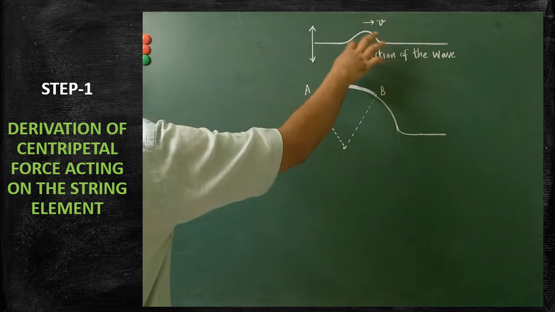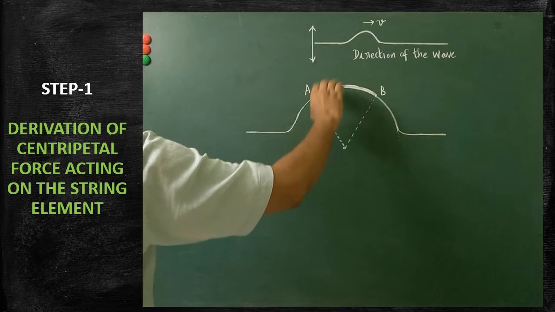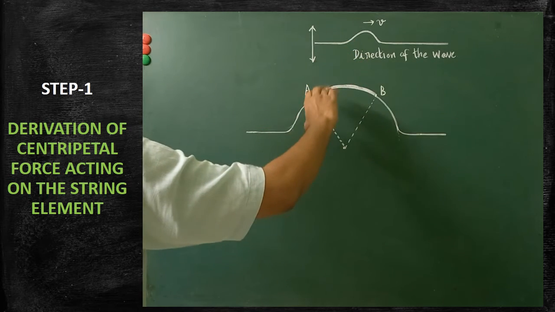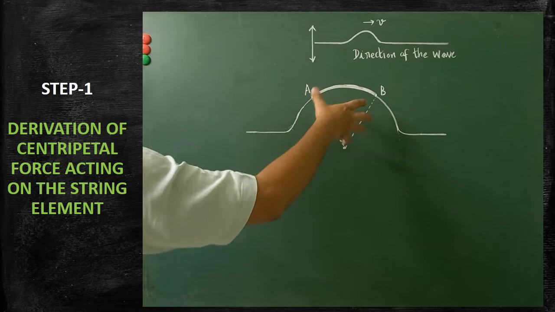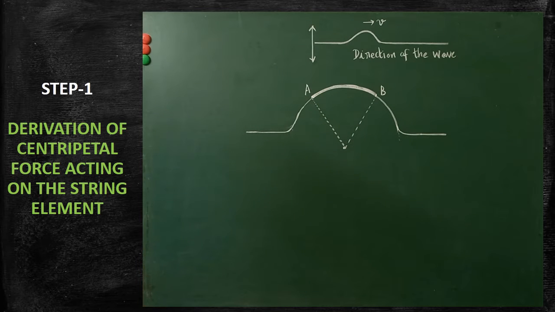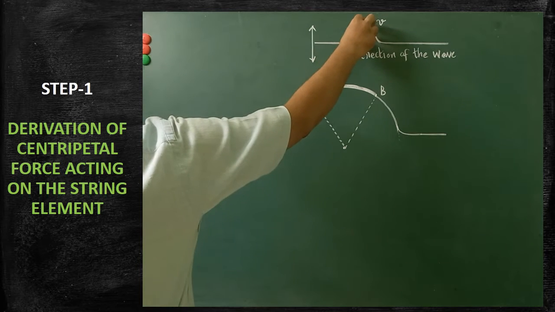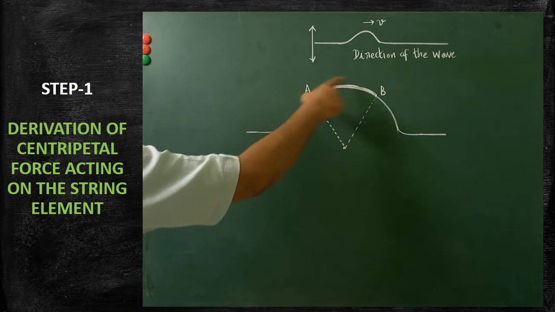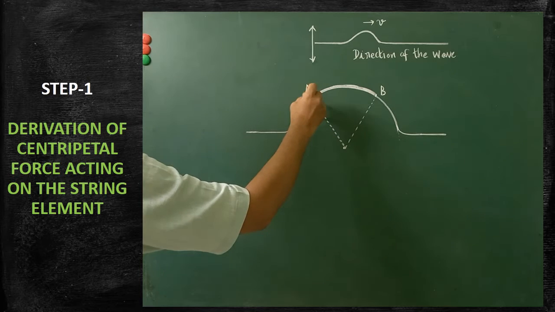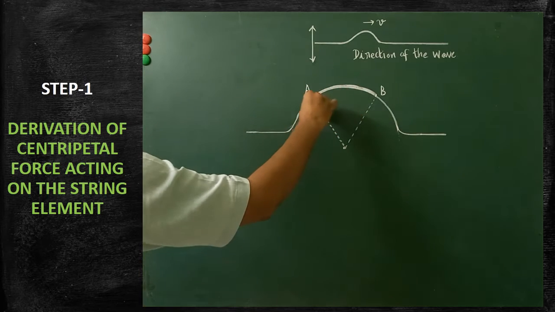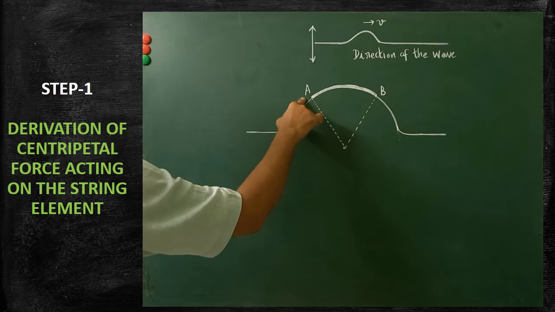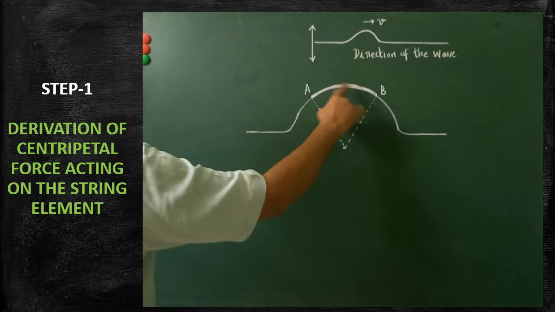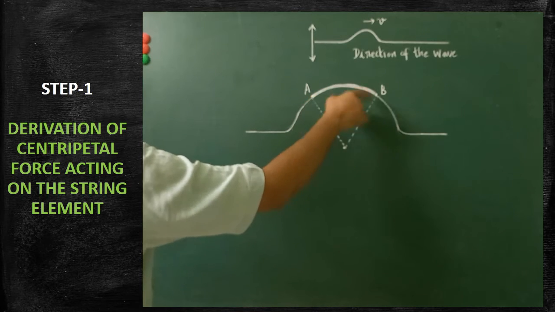Here, a part of the pulse is magnified. When the wave moves, a part of the pulse is taken, and that is magnified here. So a small portion of the wave is magnified. There you could see a part of the pulse. So in this string, a part of the pulse is drawn. Here a small segment is taken. The name of the segment is AB. That AB portion is shaded. It is highlighted.